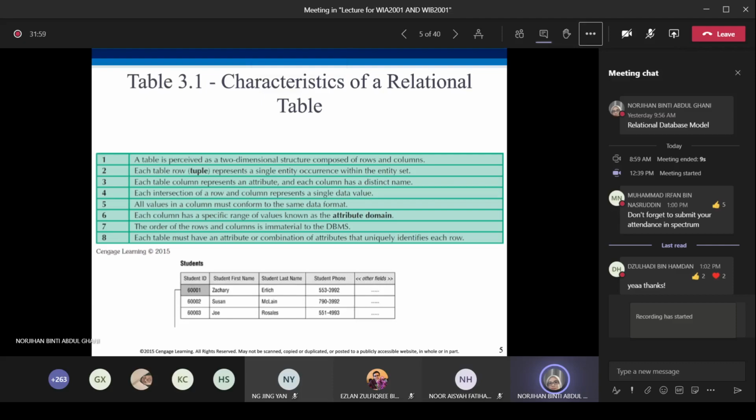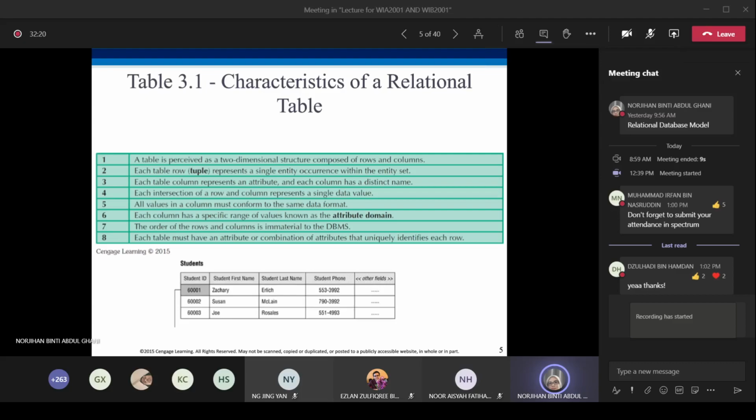Each of these columns, column 1, column 2 and so on, has its own distinct name. So this is student ID, then first name. All columns must have their own name.